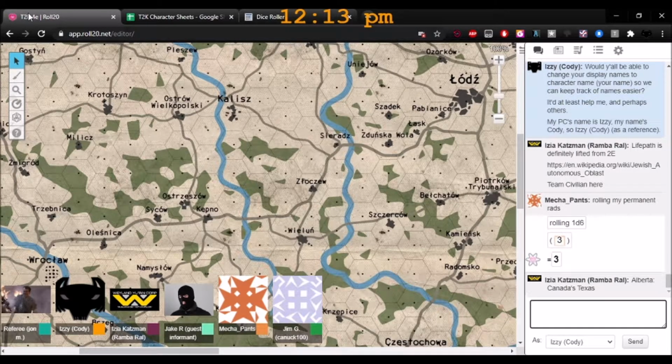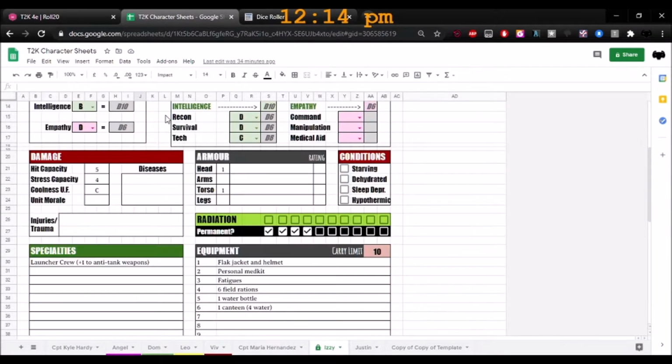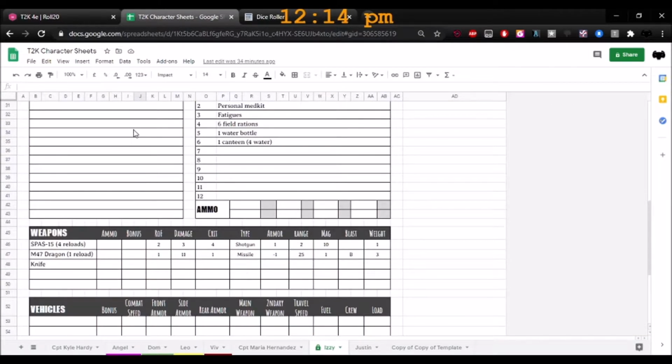Oh, cool. So you have some command of the English language, enough that these guys can understand you. So that's cool. And then Isabella, the U.S. corporal. You were saying, Cody, that you had statted up a Spaz 15 shotgun. Sure did. Is that a semi-automatic? Semi-automatic or pump, but in this case, I statted it as if it was semi-auto. Did you basically use the statistics for the shotgun?